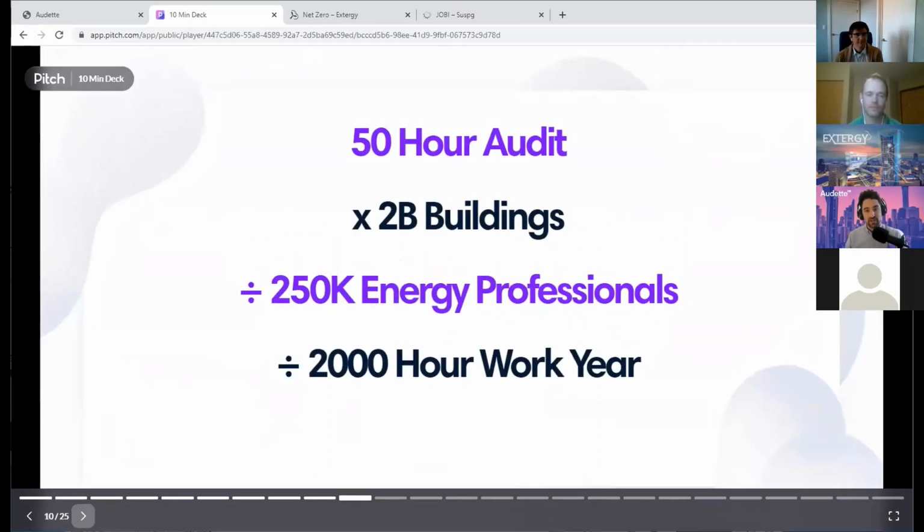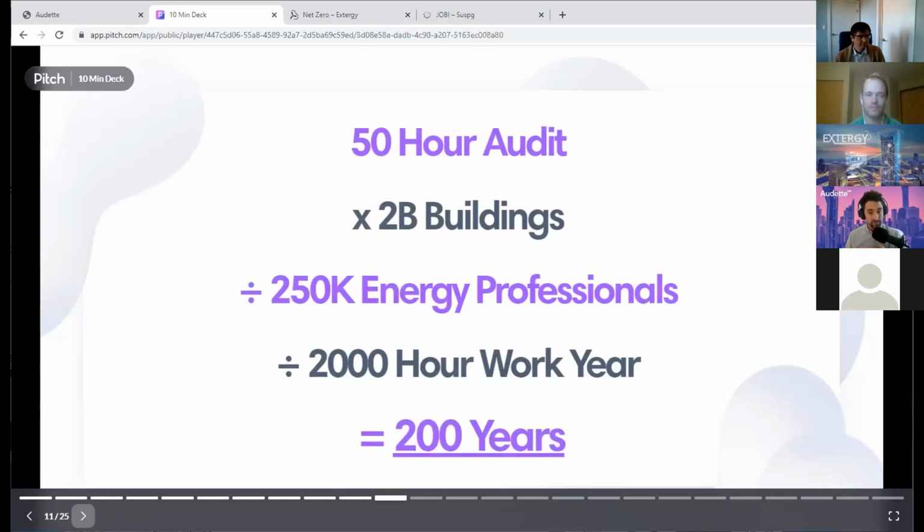So I was an auditor for many years, and I did a little bit of math. I added up all the energy and sustainability professionals on LinkedIn and figured out the amount of time it was going to take us just to build out the plans for what we need to do with our building stock. And spoiler alert, it's 200 years. So there has to be a better way. There's no other alternative.